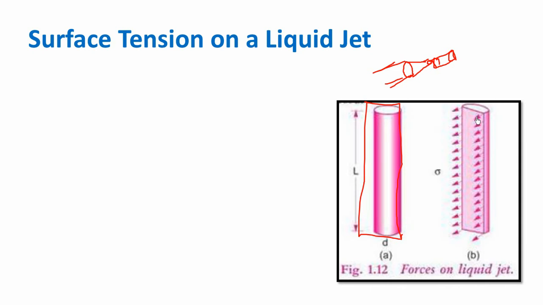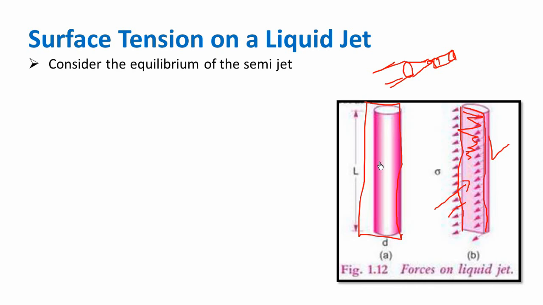We already know surface tension is acting only on the surfaces. You can see this is the surface which is acted on by the surface tension. When you see this length is more, so we are considering the surface tension only here. Here also it is acting, but we are neglecting it because this length is very small. So surface tension is acting here, and the pressure force is acting at this surface.